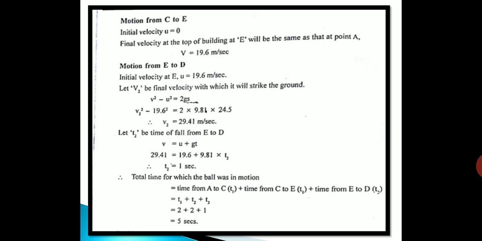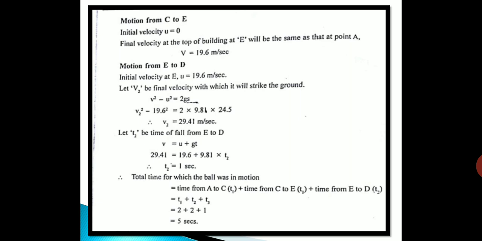Now let us come to the next point, that is motion from C to E. What happens at C is the ball stops for a very short moment. So when we are taking the motion from C to E, that is downward motion, the initial velocity u becomes 0. The time required for the ball to reach point E, which is at the same level as A, is the same as we calculated for t1, which is 2 seconds. Therefore the final velocity at point E also remains the same at 19.6 meters per second. Even if you substitute t equal to 2